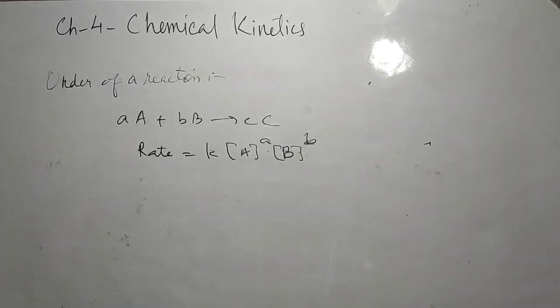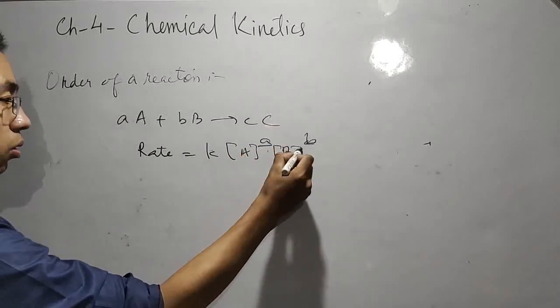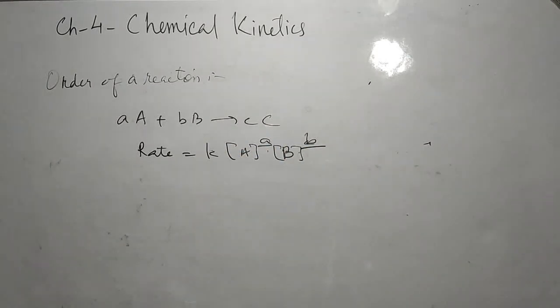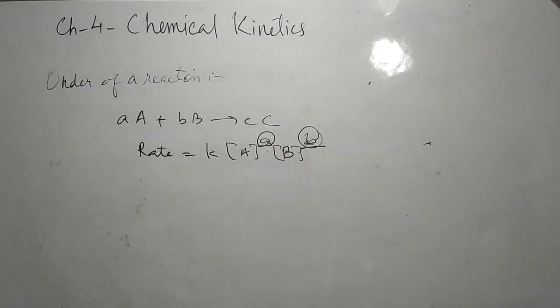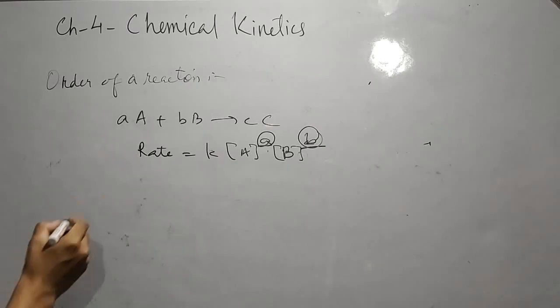Okay, so the order of reaction will be equal to the sum of the powers. We will have to add these two powers, and whatever number we get, that is the order of the particular reaction. Say, suppose, for example, in this case